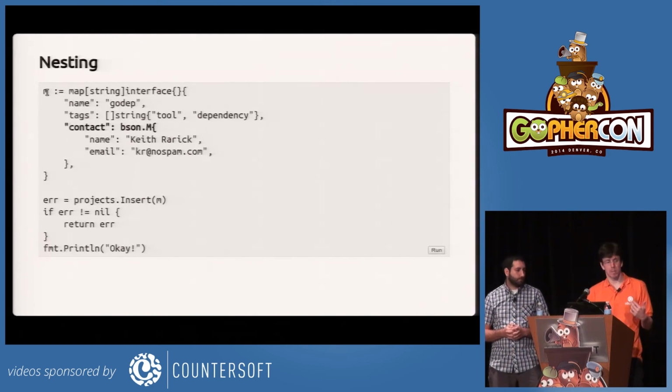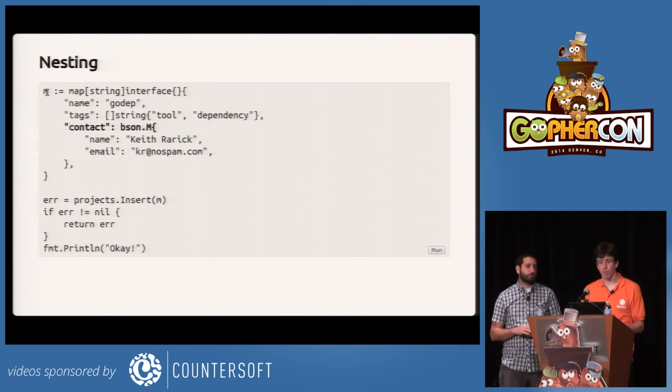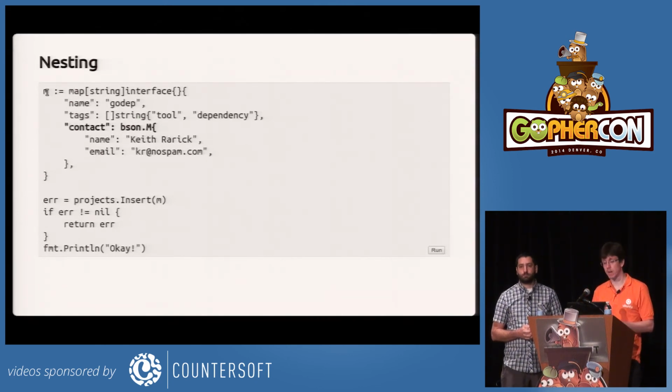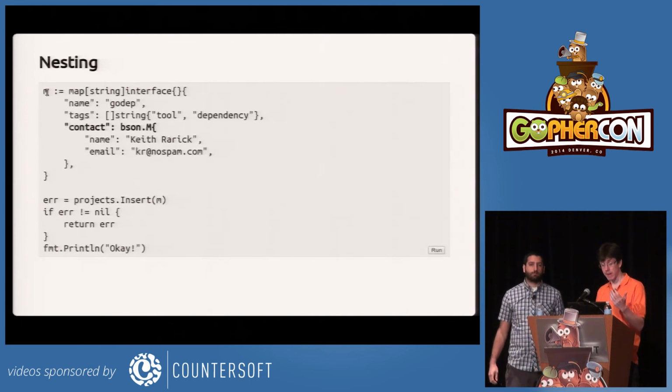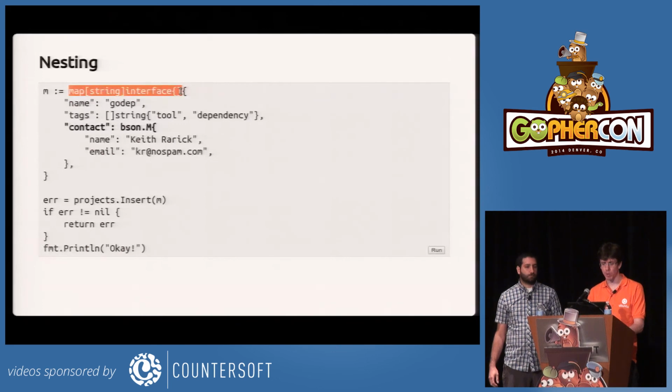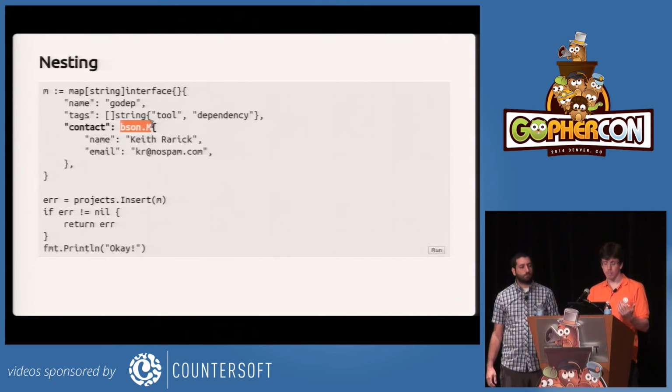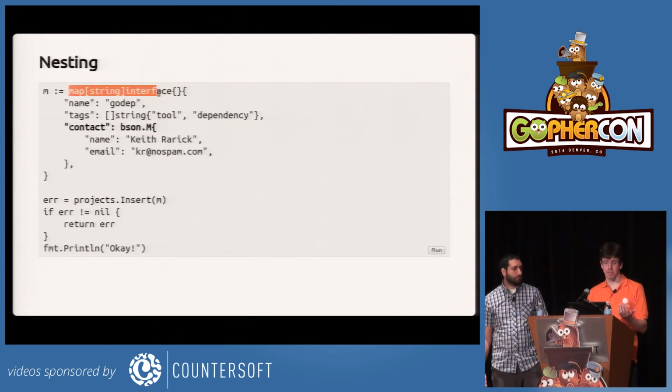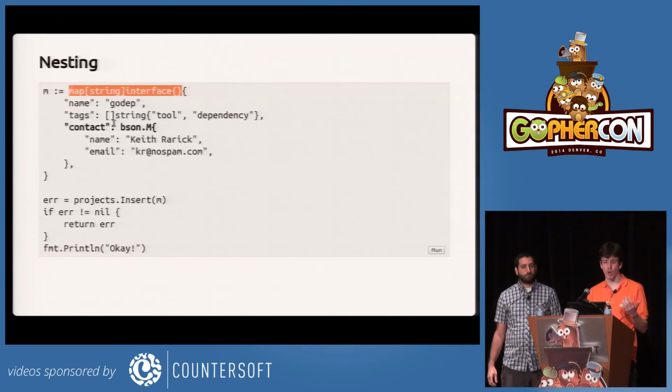So far we've been talking about just flat data, but one of the points is that we can, with the same kind of convenience, have, for example, a nested map. So we have a map here with a normal type. And I'm using a BSON M, which is just the same thing as that, but it's a shorthand so that it's convenient to use whenever you're using BSON.